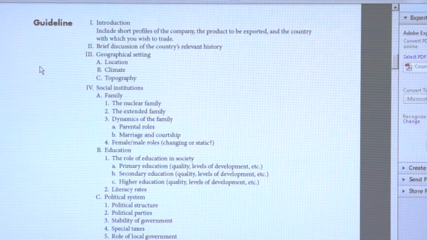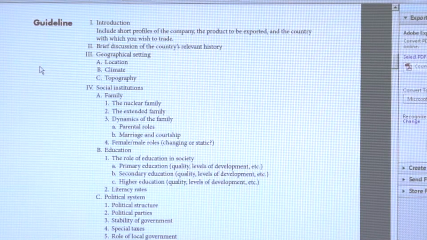And if you want to give a brief discussion of the country's relevant history, please feel free to give us timelines too. Now, with all this stuff, you're going to source it, and you're going to use sources other than Wikipedia. Wikipedia is a fine place to start. I use it myself, especially when I'm doing research that isn't totally critical. It's a good starting-off point for some types of research, but it's just that. It's not rigorously analyzed for veracity. There are all sorts of commercial posts that wind up in there.